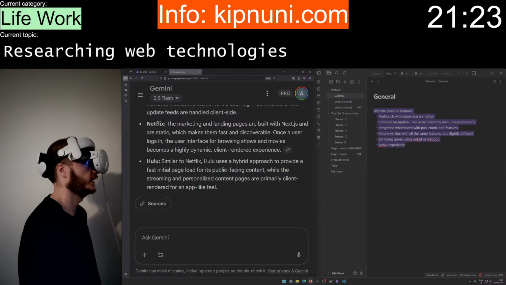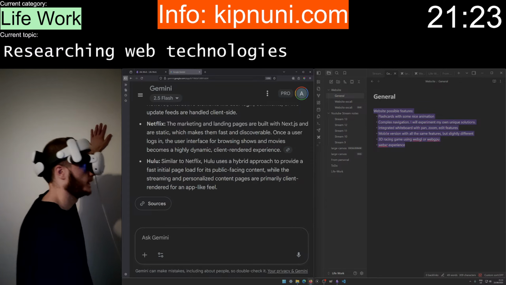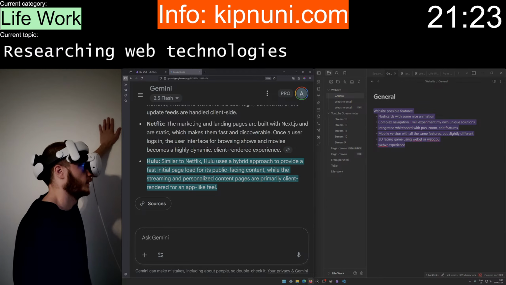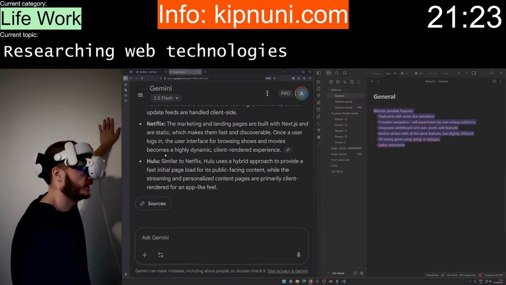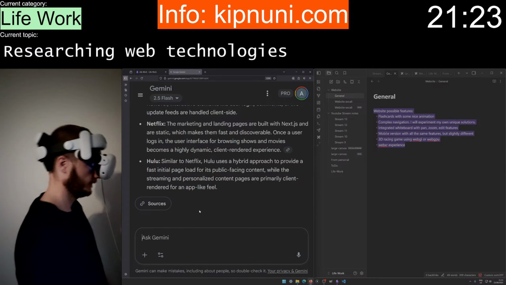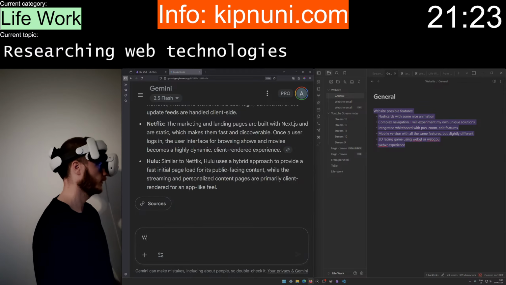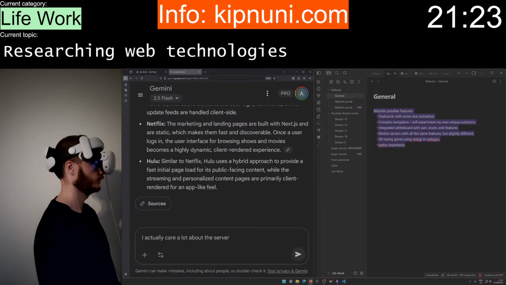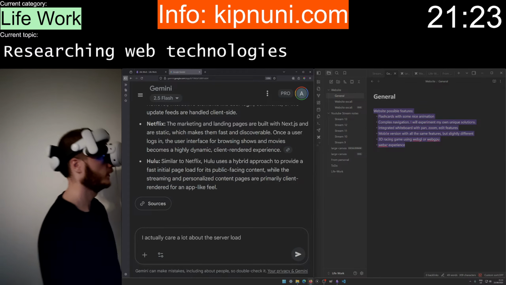It would just be the landing page. And even that, if I felt like, hey, it's taking too much server resources for like half a second, I don't care. Right. Server load.